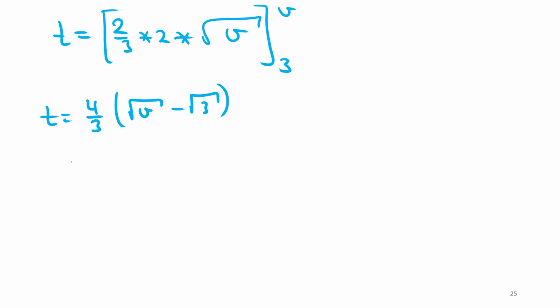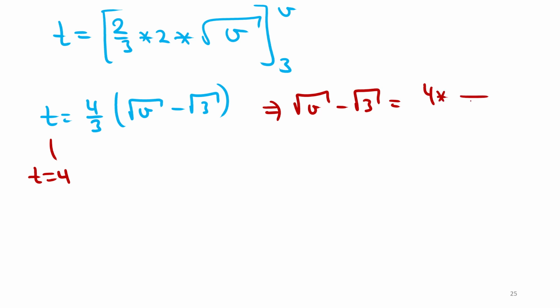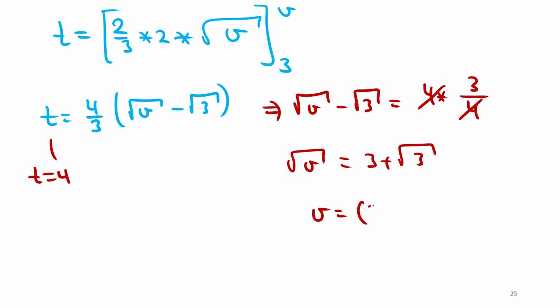The question says to find the velocity when t is 4. So I will just say that t is 4 and find the velocity. It's a very simple equation. So the square root of v minus the square root of 3 will be equal to 4 divided by 3 times 4, then cancel, and the square root of v will be equal to 3 plus the square root of 3, and then v will be this one